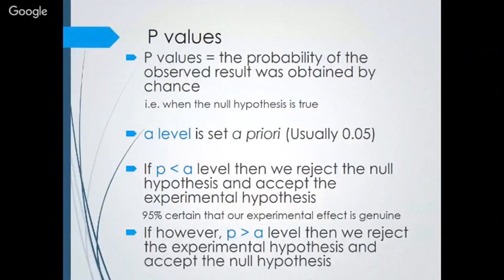The next concept is the p-value. The p-value is the probability that the observed result was obtained by chance. I already discussed the two experimental conditions. We got two sample means, or whatever their performance parameters may be, and physically they show some difference. We want to prove that the first experimental condition is entirely different from the second, that the results from the two experimental conditions are different.